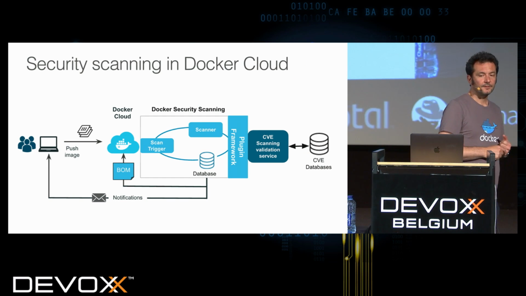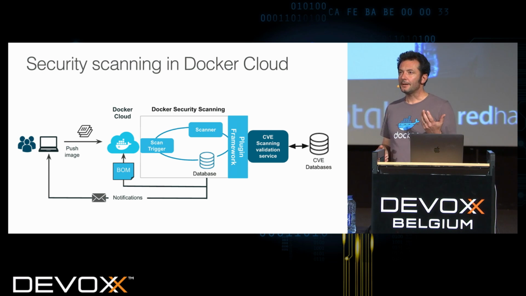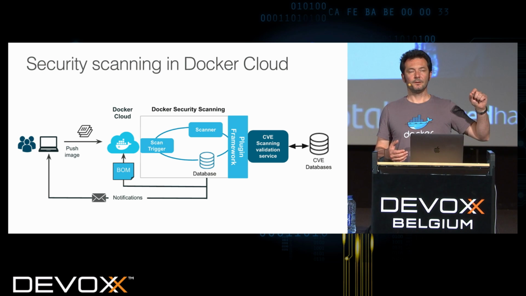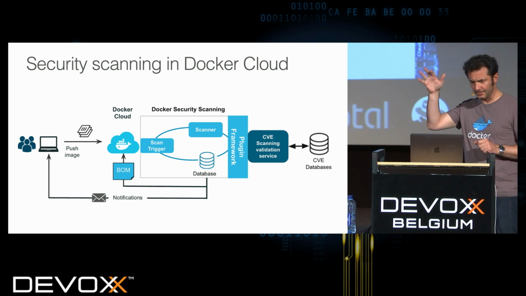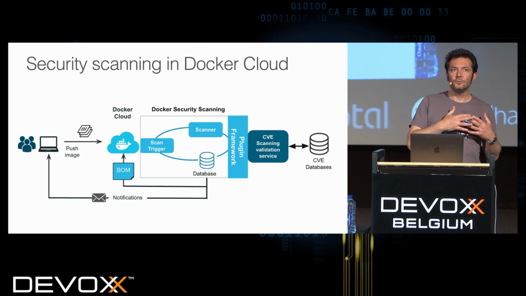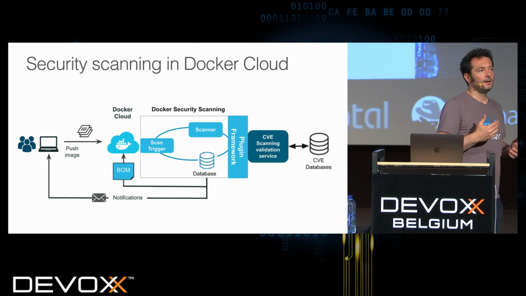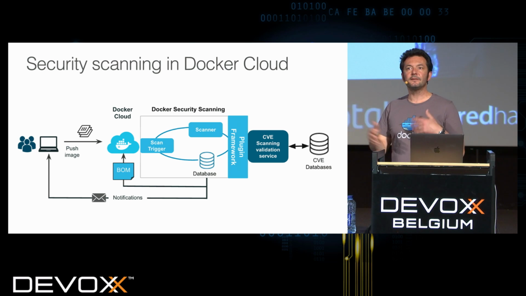Another thing that's pretty new is security scanning in Docker Cloud. That's been out there in beta for a few months already. It's an optional service that you can elect for your images. I think you have to pay for it after a certain number, but I'm not sure about that. When you push an image, it scans it for known vulnerabilities coming from a database of vulnerabilities and notifies you. The interesting aspect is that as the vulnerabilities database is updated, it constantly scans your images.